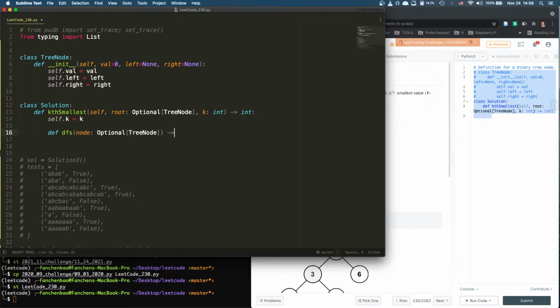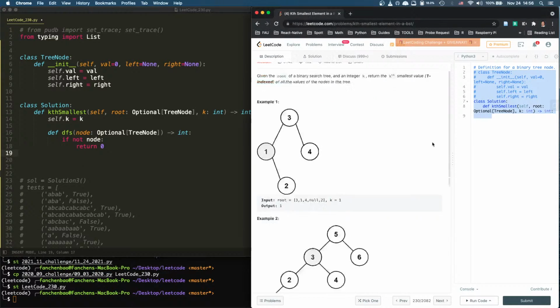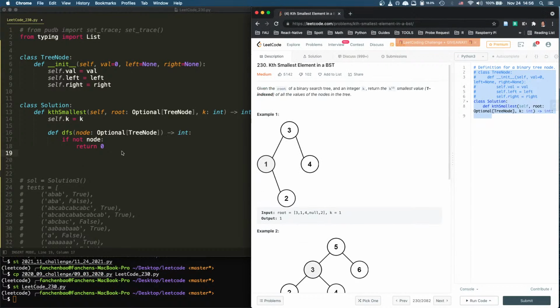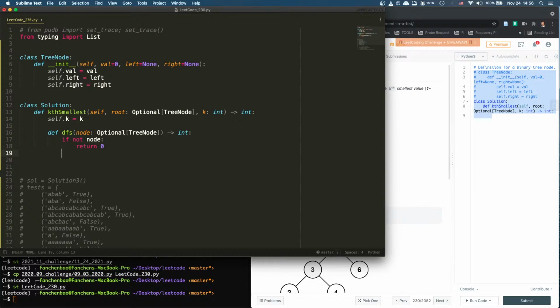Yeah, I think it's fine. And this one can return an int. And we say if not node, return 0. 0 is not an index, it has 1-indexing. Right, otherwise